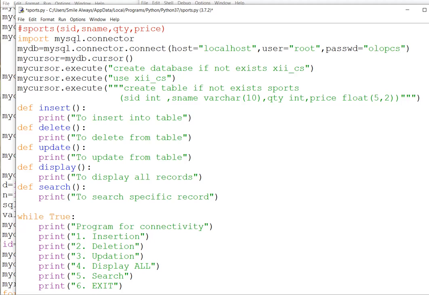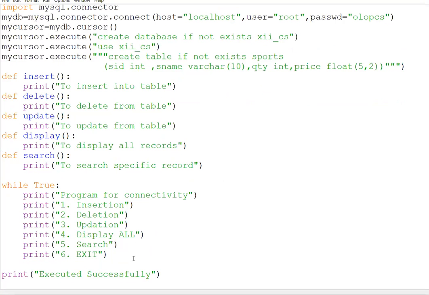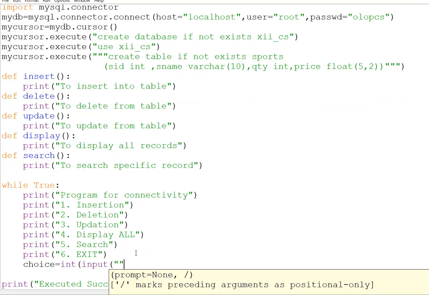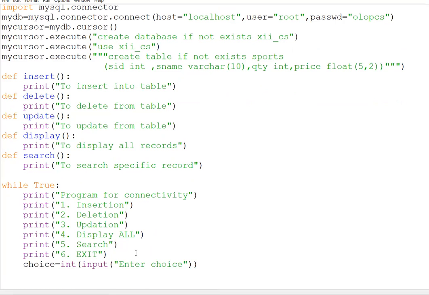Now in this there are again so many if else conditions. The user will give one choice. So choice is equal to integer input, enter choice. Now we have to check if choice is equal to 1.